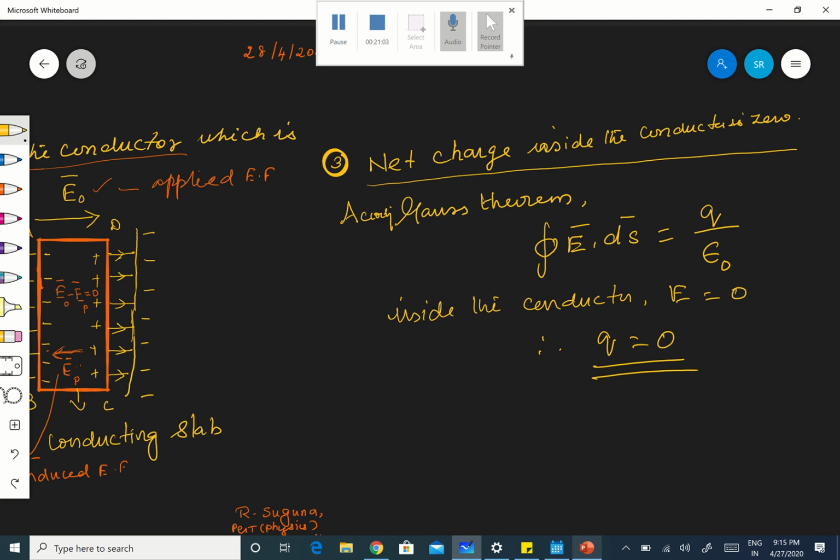So net charge inside the conductor: it is a charged conductor, but within it the charge is equal to 0. Charges will reside only on the surface of the conductor. Any excess charge on an isolated conductor. Excess charge means that charges are already there, but you are giving extra charge. There are positive and negative charges, electrons, everything is there. But if you are giving excess charge on it, what happens?